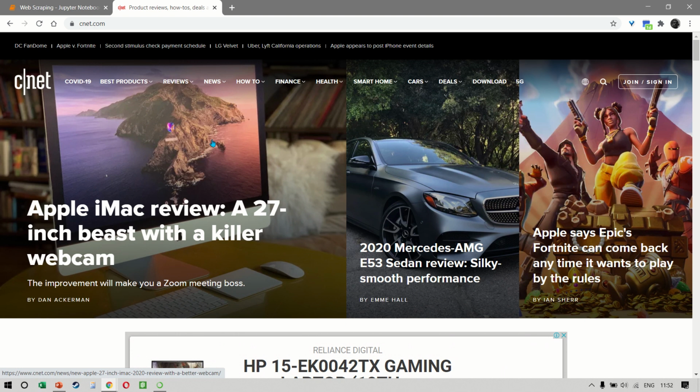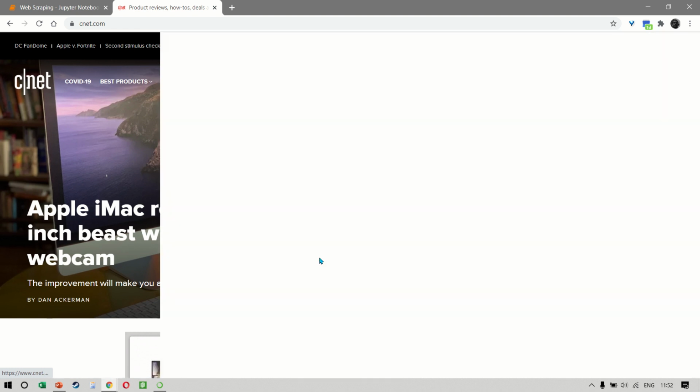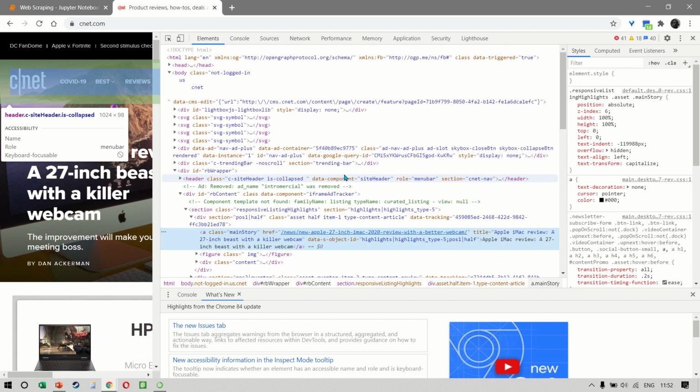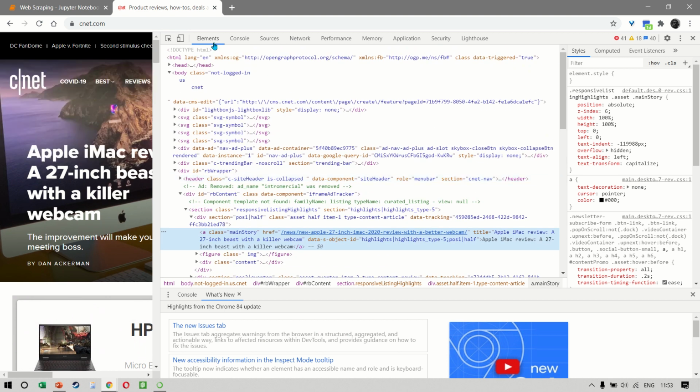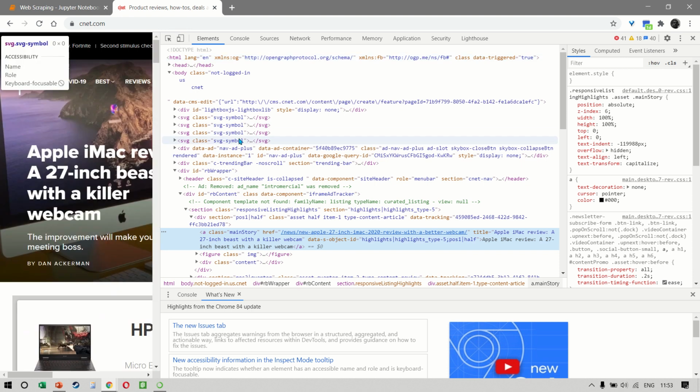What that means is that if we right click anywhere on the web page and click on inspect, this will help us understand the HTML code that is running in the background. Now, we don't really need to understand this 100%, but there are certain elements here that you should pay a little bit of attention to. For example,